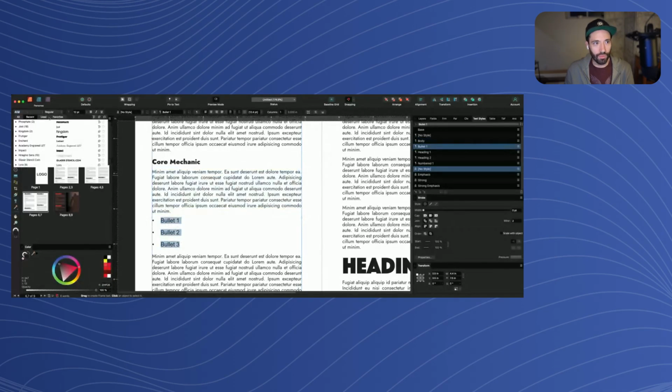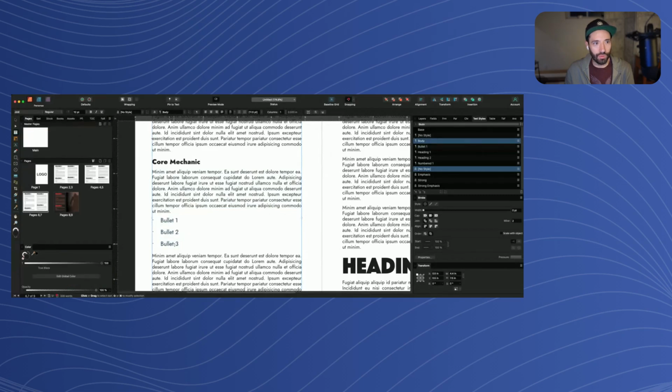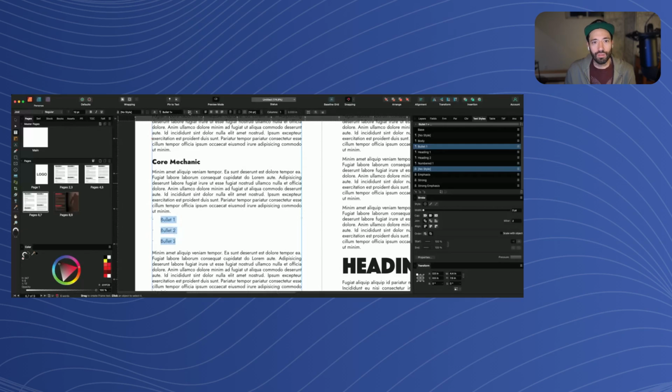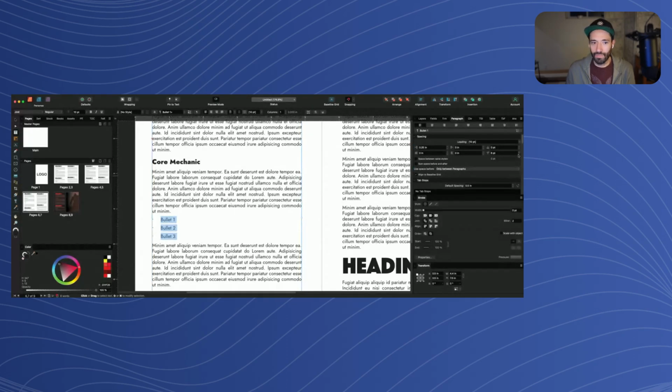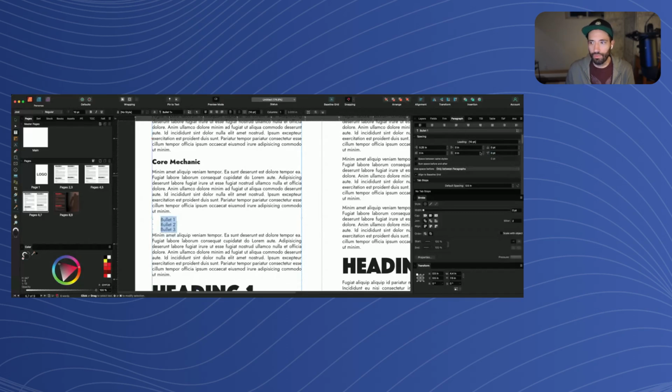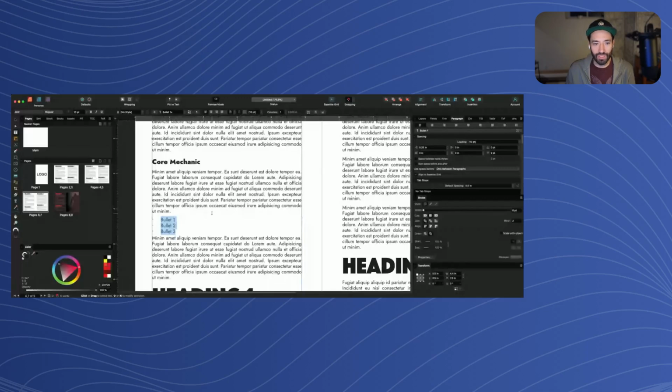So we know that we were using Jost. We were using 10 points. So I'm going back here, 10 points. Save that style. So you see there's a lot of space in between those things. So remember, we can go to paragraph and change the spacing here. So what did I use? 0? 0 is a bit tight, right? It's a bit tight. So let's put 2 points. And then